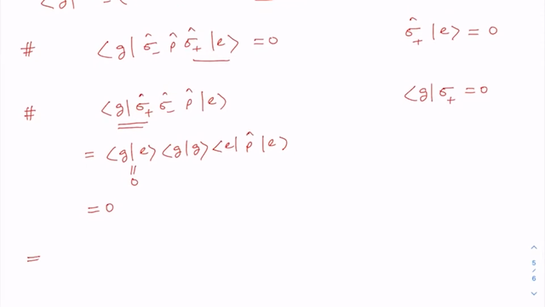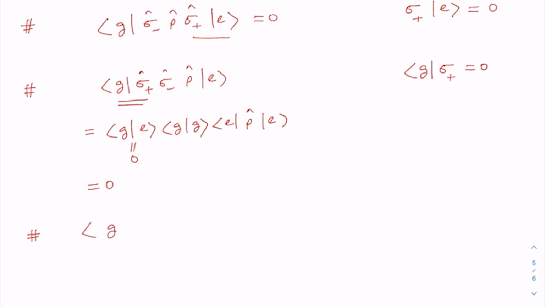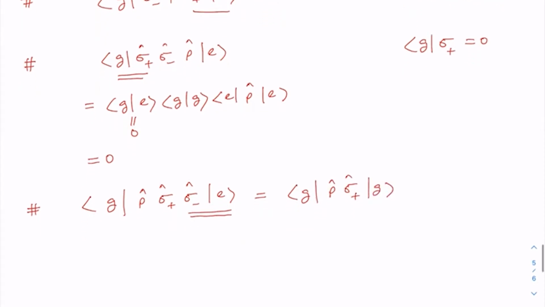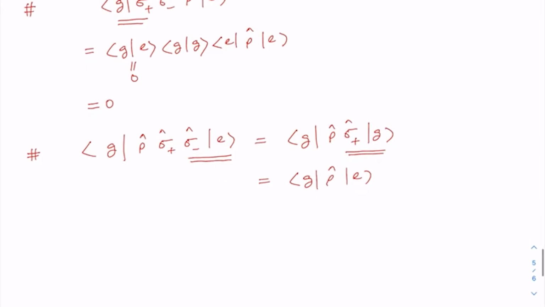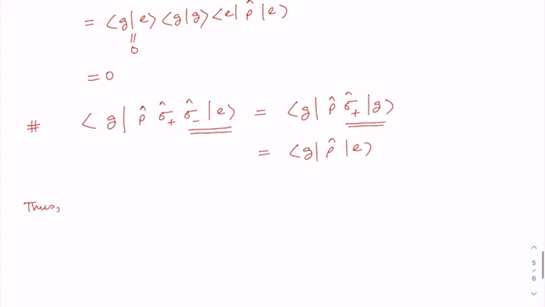Now let us look at this term, that is ⟨g|ρ σ+σ−|e⟩. When σ−, the atomic lowering operator, acts, it will lower the excited state to the ground state, so we will have ⟨g|ρ σ+|g⟩. And then σ+ is going to raise it, so therefore we will have ⟨g|ρ|e⟩. You can actually do the explicit calculation also, so therefore I can finally write the whole thing as ⟨g|γ−